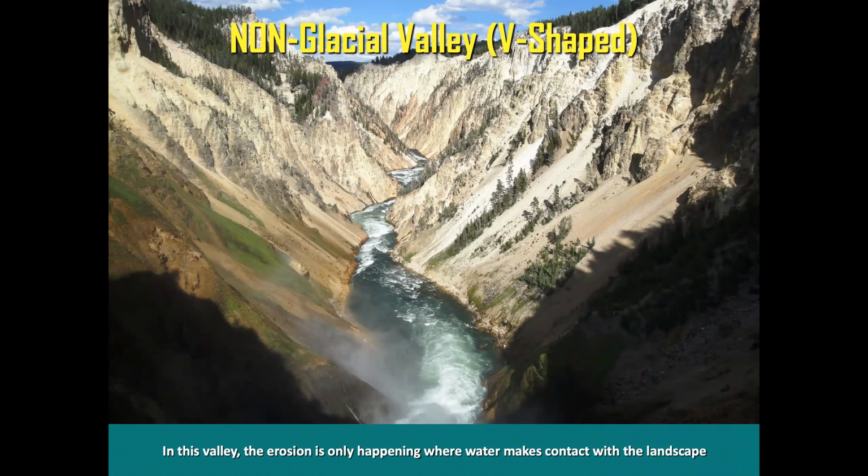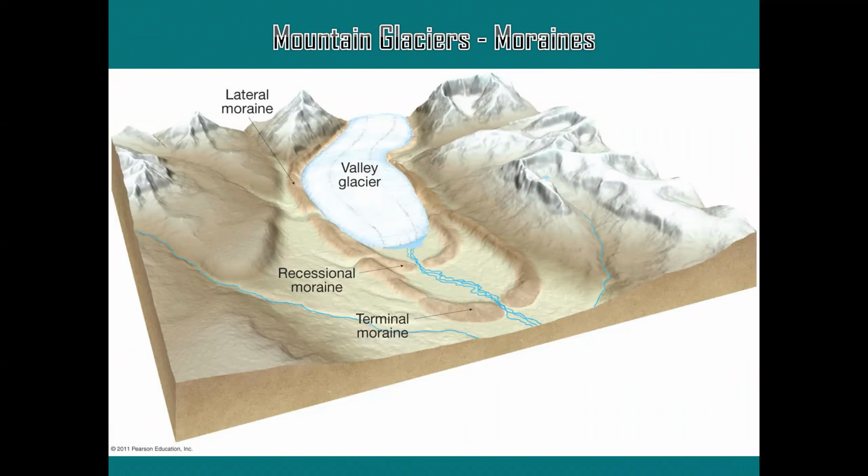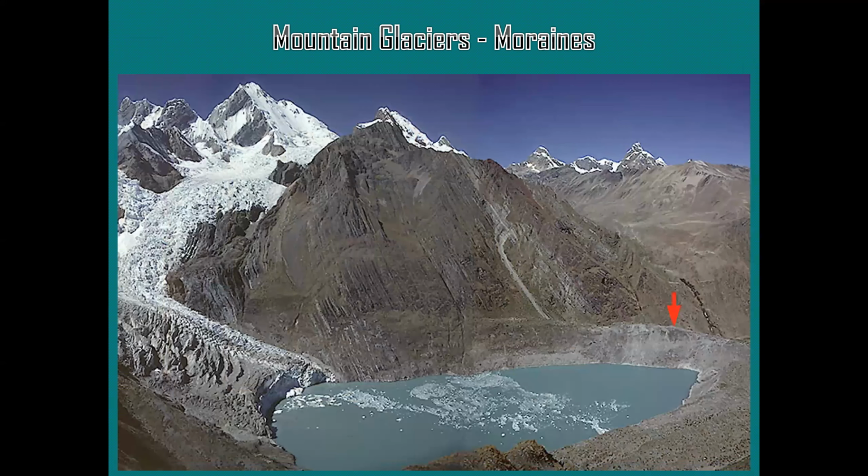Okay, so there's the idea of moraines: terminal moraines, lateral moraines, recessional moraines. Here's an image, the red arrow showing you where the furthest extent of the ice was. So there is your terminal moraine. In this image here, which is fantastic, this is a place in